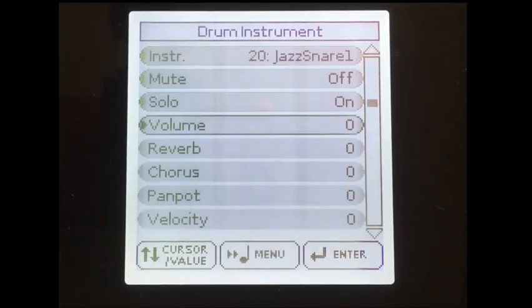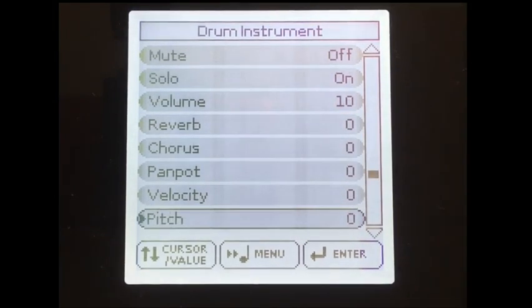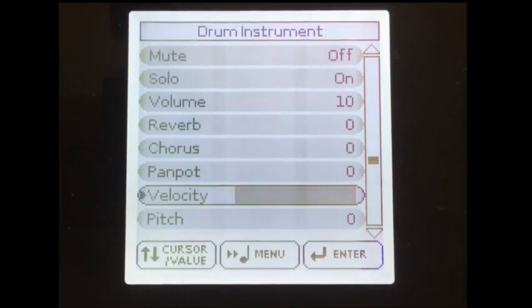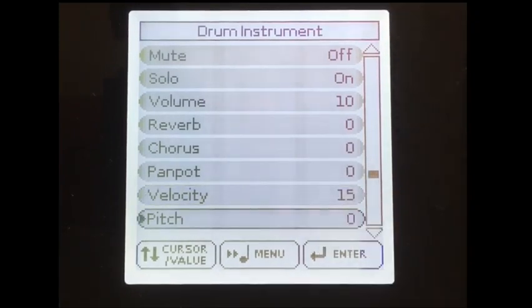Snare, increasing snare volume, increasing some velocity also. Okay. We can change the pitch also.